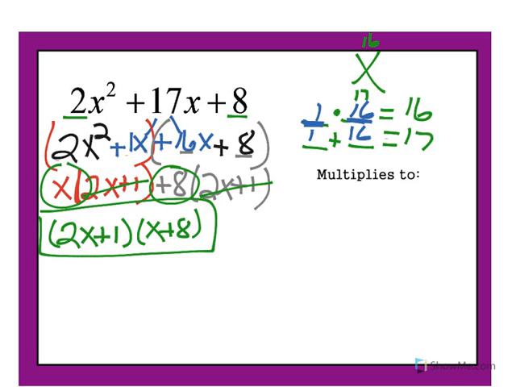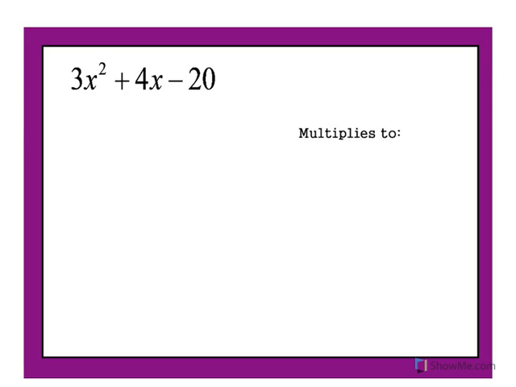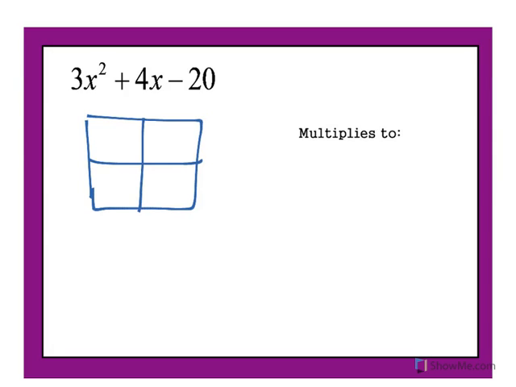On the next example, I'll do the box method, and you can decide which one you like better. So here we go. We are going to set up our box. First term, first box. Last term, last box. What I have to do now is find the two like terms that will add up